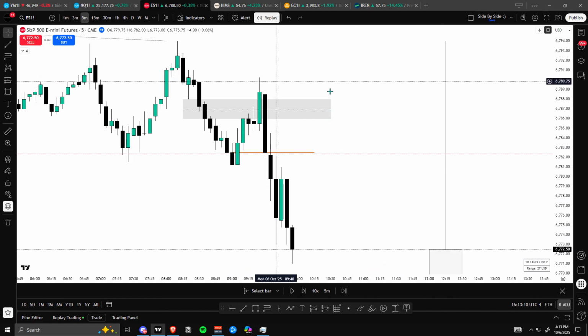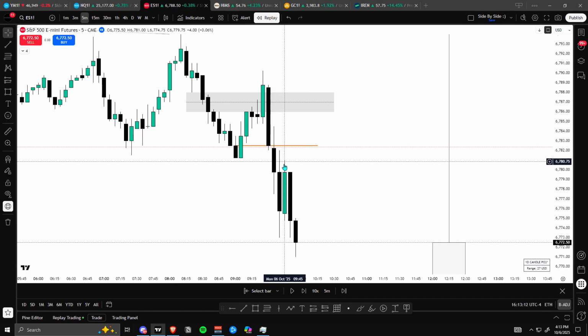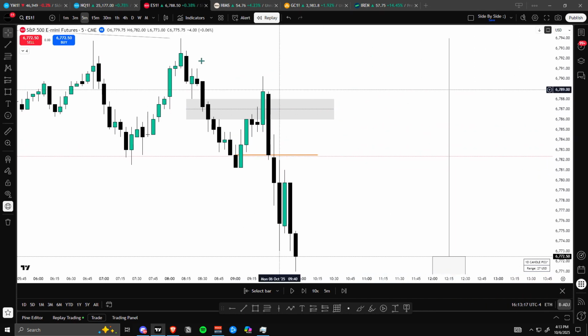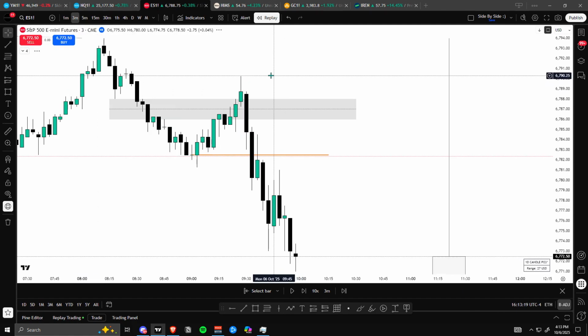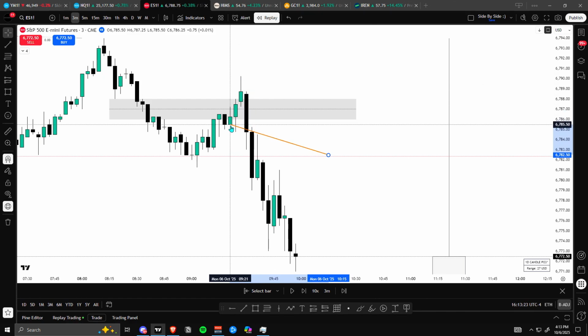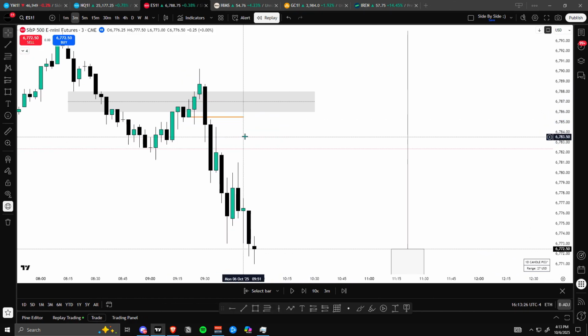This is our invalidation point. If we move through this before I get my continuation signature, I know that I'm offsides or it's going to just be a terrible day to trade. So what did I do? Went down to an even lower time frame, and if we break this down to a lower time frame, you guys can see exactly what's happening, right?